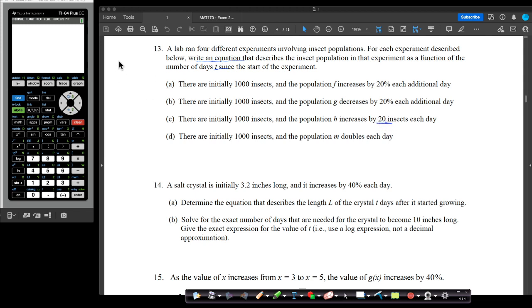So remember, if it is linear, an amount of growth, that's going to be y equals mx plus b, where m is the rate, b is the starting value. If it's exponential, then we're going to have y equals a times b raised to the x, where the a is our y-intercept, our starting value, initial,